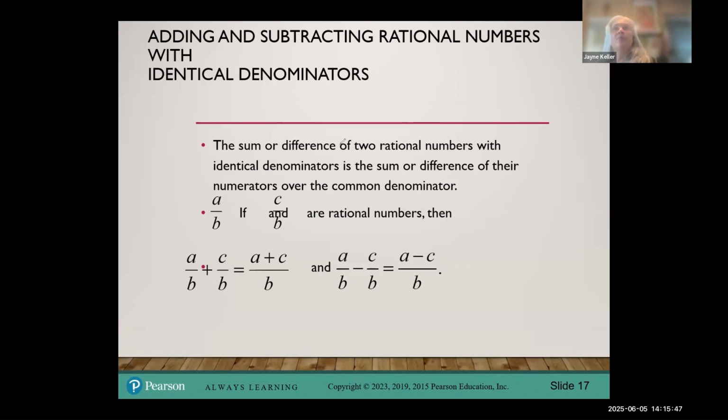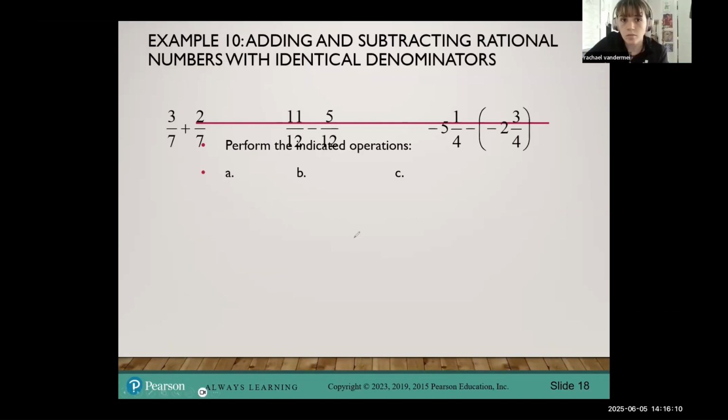So then the problem when I don't have identical denominators is how to get identical denominators, because once I get identical denominators, then I can apply this method. And the way that we do that is the reason we learned to come up with those least common multiples a few sections back. Okay, so for these, we're just adding. So 3/7 plus 2/7 would be,